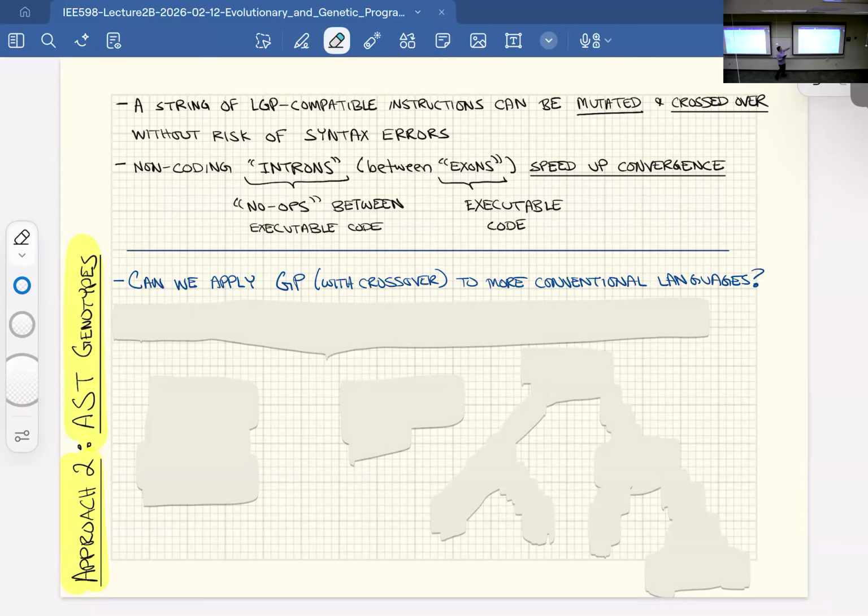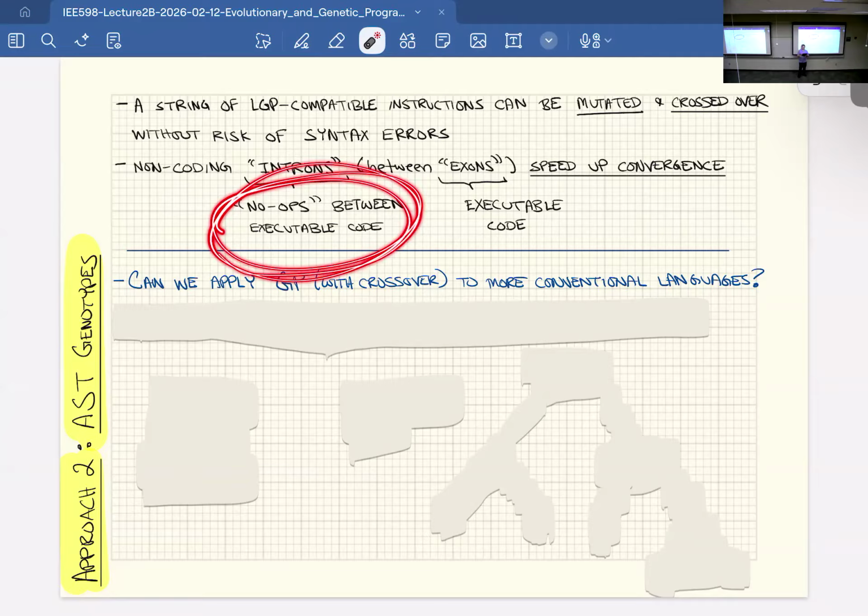But it turns out that you can get the equivalent of that in linear genetic programming. You can get strings of no-ops, basically. So you can get a block of code where the top line of the code is a jump across them. And anything in between is just not realized. It's just junk code, because you jumped over it. As long as that jump stays there, anything in between you can mutate all you want, and it's not actually going to have any effect on fitness.